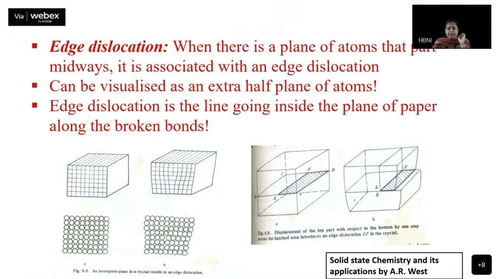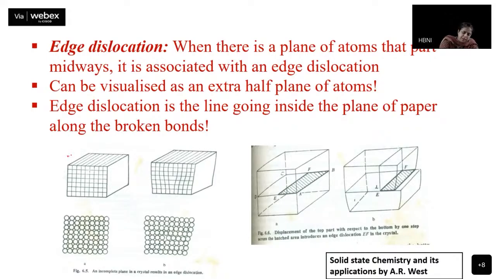Now this, whenever I teach, I always ask the people whom I'm teaching to concentrate a little, because it is not very difficult to understand if you're with me, but of course not as easy to visualize as point defects also. Okay. So when do we call? By definition, what is an edge dislocation? Okay, we'll not talk of definition first. Let me first show you what is an edge dislocation.